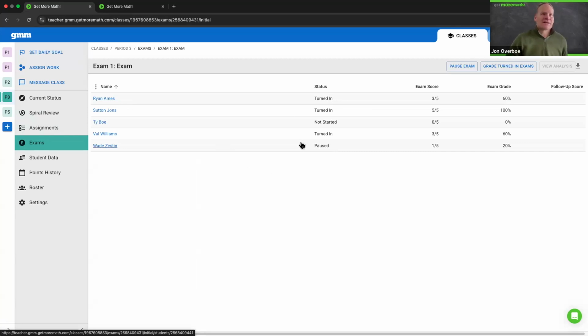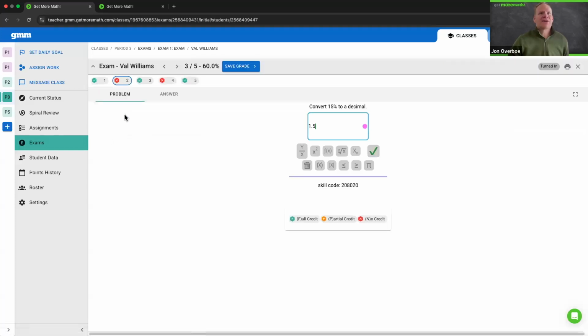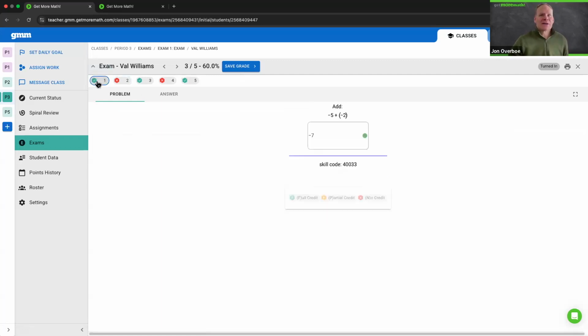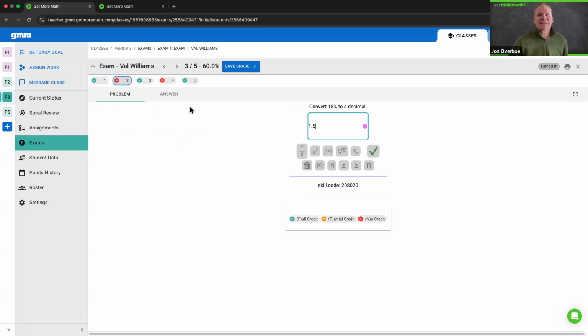But for the student that I just did, I did this exam. So I'm going to go to Val's name here. Okay, you'll notice that the grade is not saved yet, even though the grade was done by Get More Math. They graded it for me. Anytime you see a green check mark, there's no way to change that grade because they met Get More Math's expected answer. But if I go to the second problem, which Val missed,